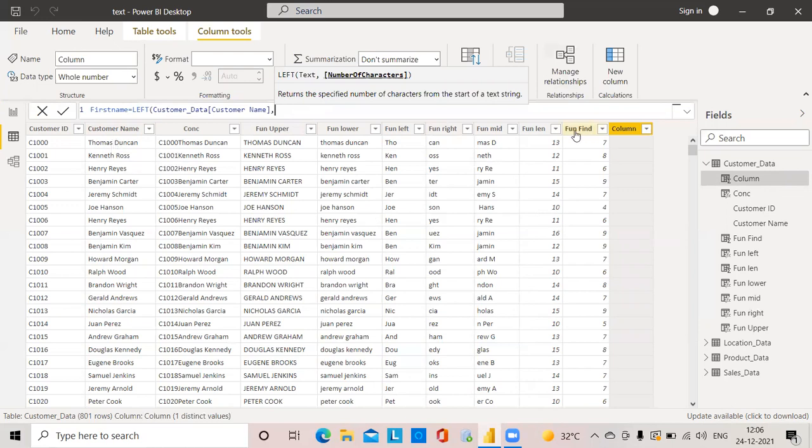In the next name, the space is at another position, 1, 2, 3, 4, 5, 6, 7, 8th position. So each time I can't give a fixed number. The position of the space has already been found using the function find, so I will give function find here.